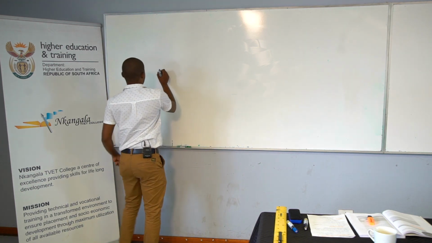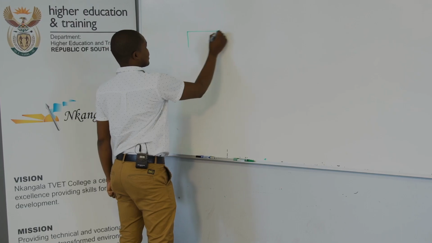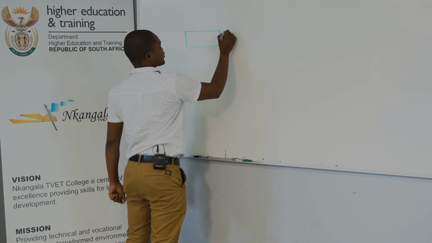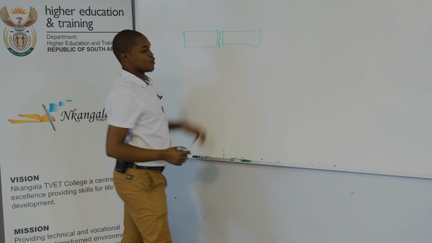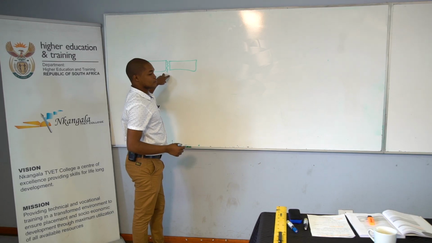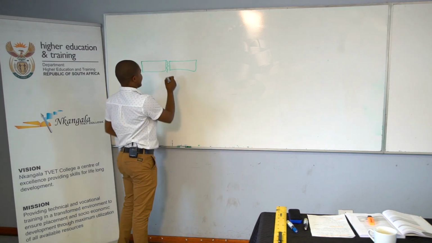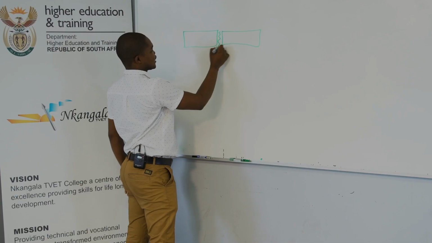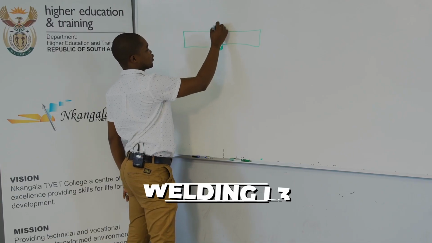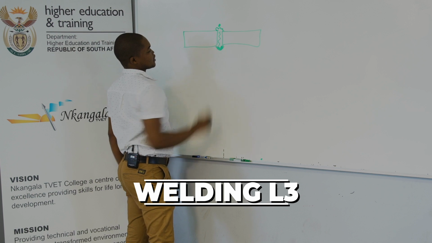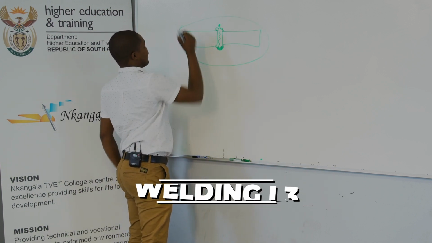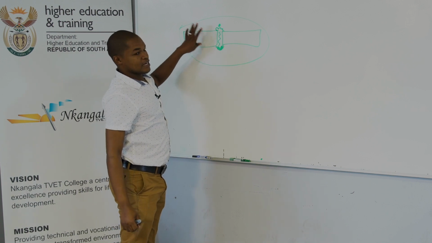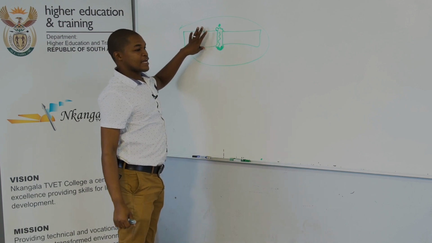So we've got this one. We've got the square bar. The heads are put together with a space between them to allow the welding to fuse so that there will be penetration at the bottom, at the root there. This is my welding on top, and this is going to be the penetration. This type of welding is determined by the thickness of the material. So the thicker the material,